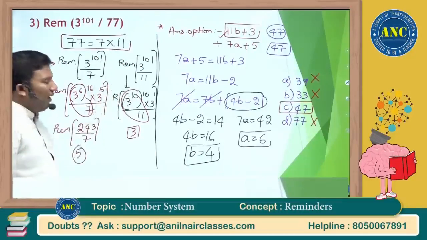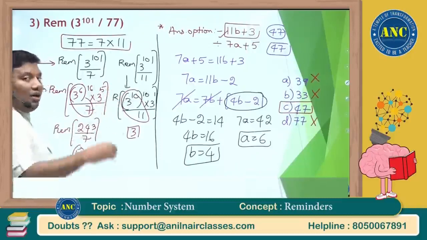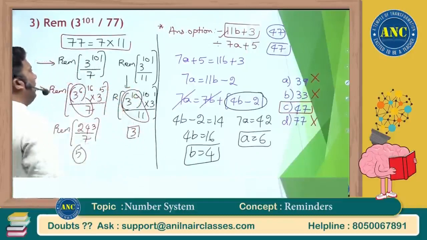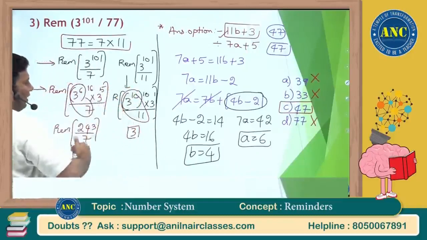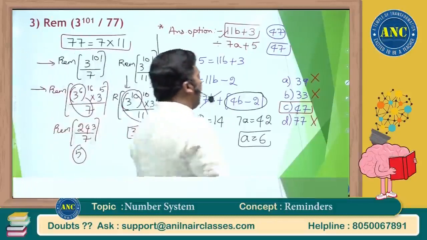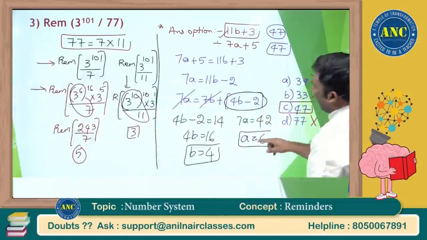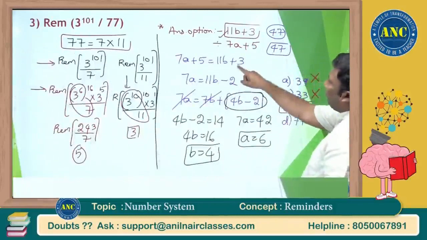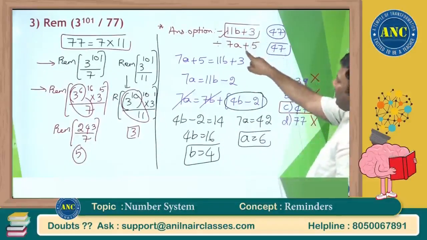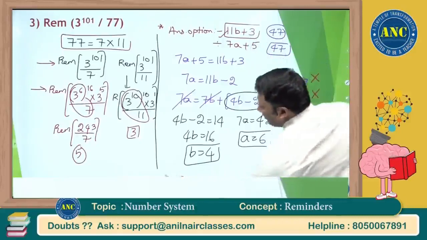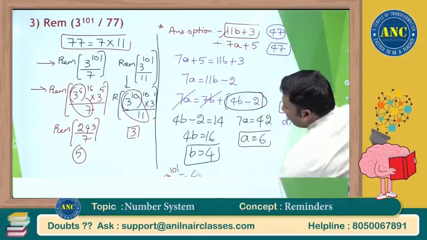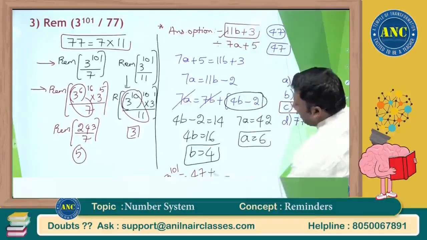Then I divided by 11 and got the remainder 3. 3 power 101 when divided by 11 gives remainder 3, and when divided by 7 gives remainder 5. So, sir, how are you eliminating, directly writing the answer? B is 4: 11 into 4 plus 3 is 47. It is also 47. So in both cases the remainder is the same